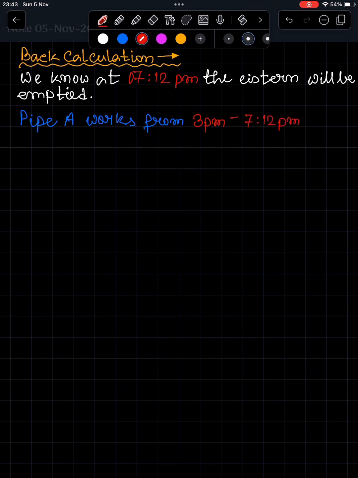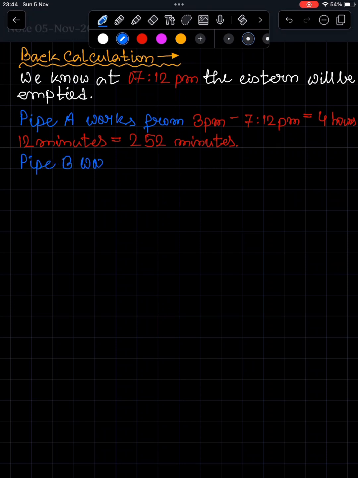So pipe A was started at 3 p.m. That is why pipe A has worked from 3 p.m. to 7:12 p.m., which means 4 hours and 12 minutes total pipe A has been working,